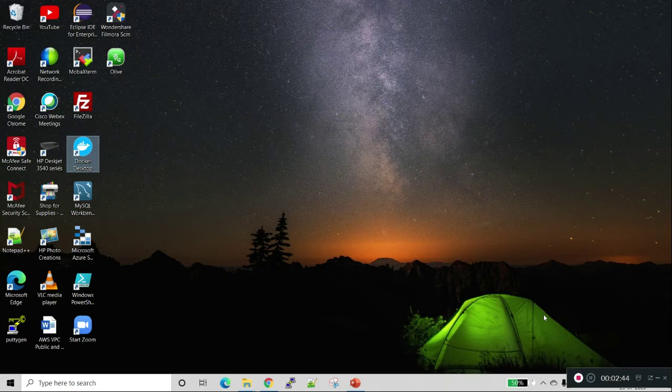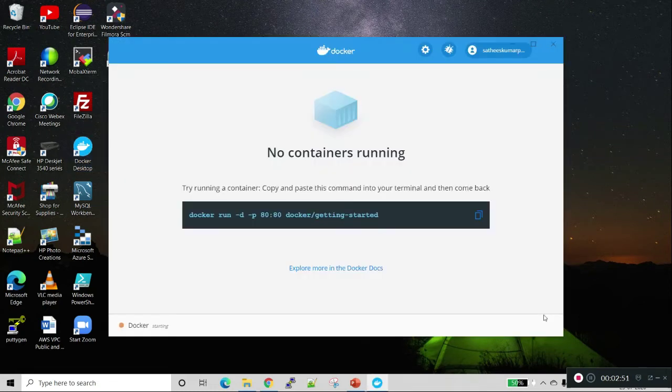As we can see, when we are opening Docker, it's saying no container is running. Docker itself provides help documents, help steps to install the sample container.